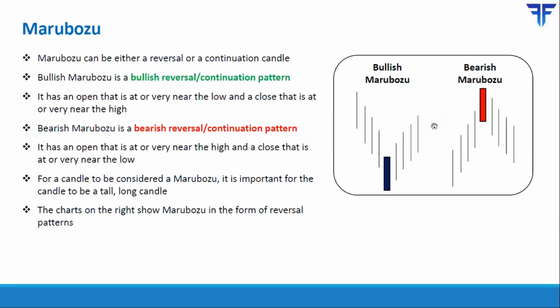Now, what is a bullish Marubozu? It is a logical continuation of the bullish belt hold line. In case of bullish belt hold line, as I said, the closing happens to be slightly below the high of the period. But in case of a bullish Marubozu, the closing also appears to be near the high of the period. So let's take the case of a daily chart.